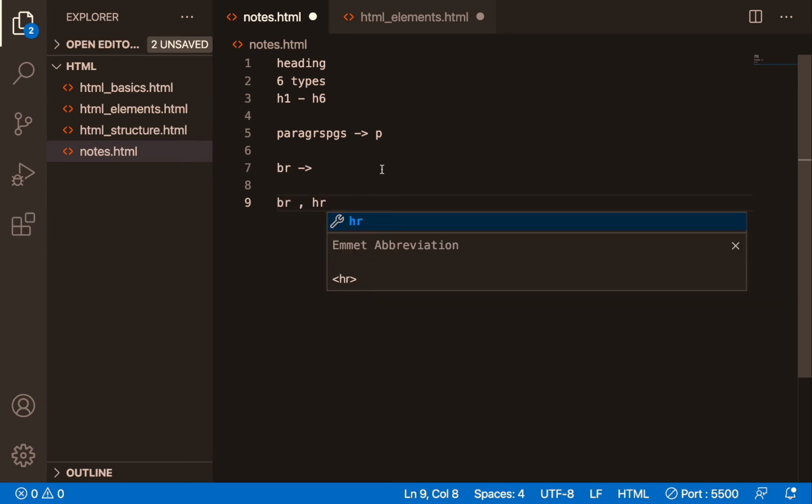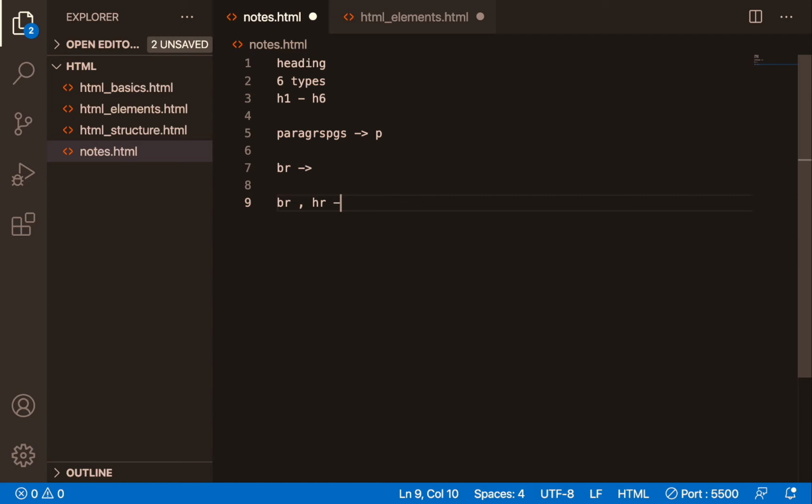These 2 are the elements which don't have an end tag, so these 2 are called empty elements. So in HTML only 2 empty elements are there, one is break, one is the HR tag.